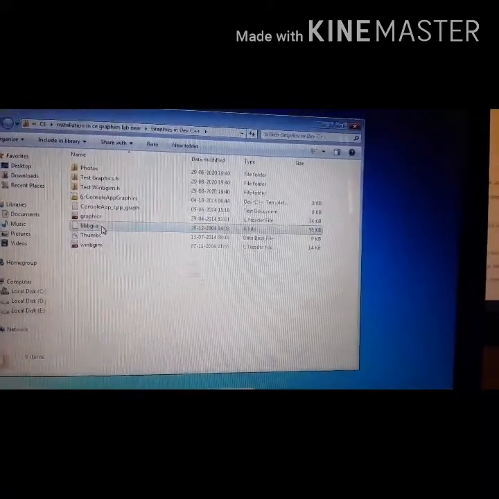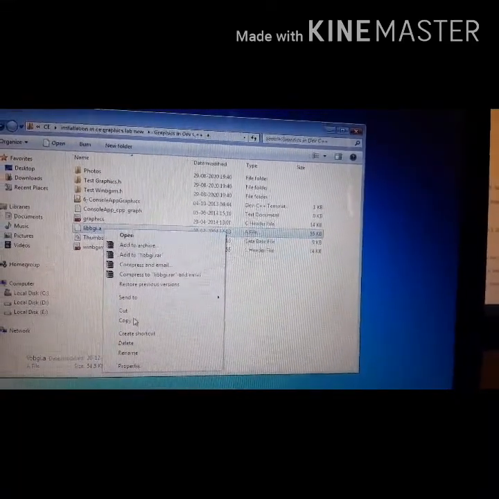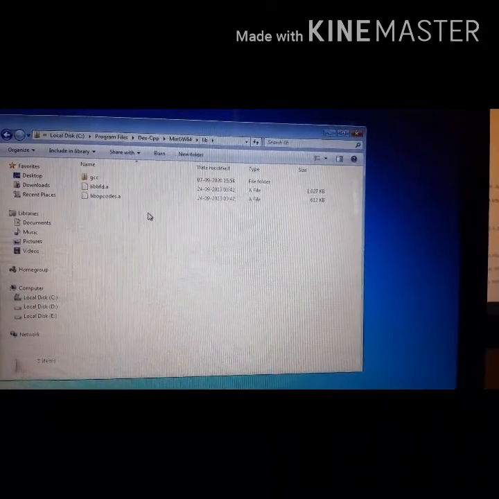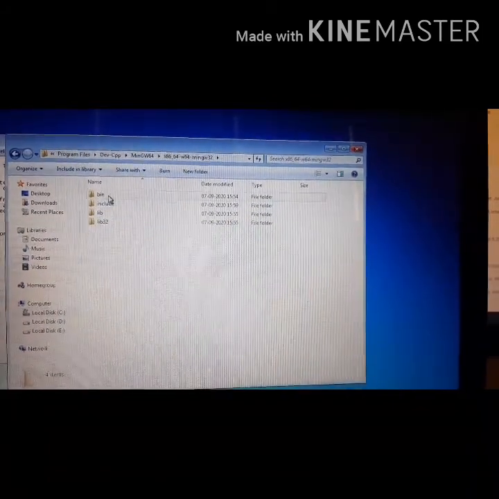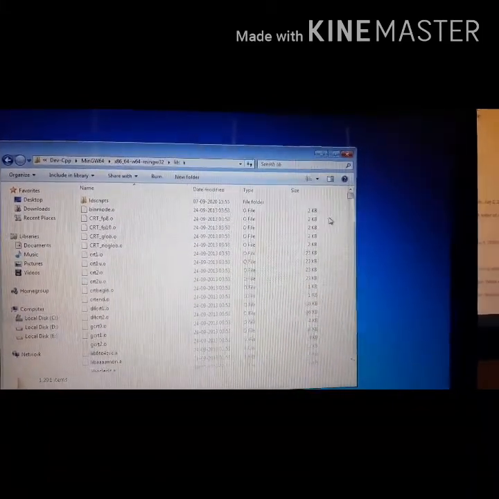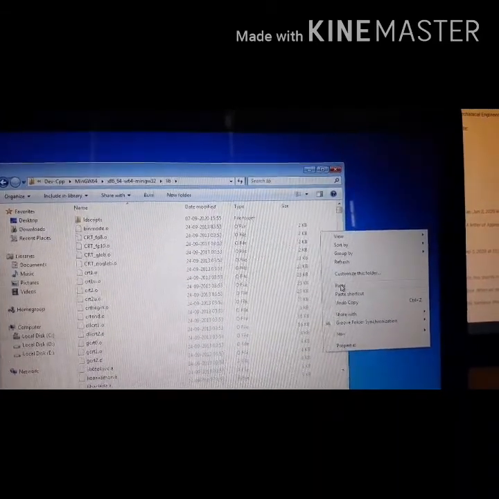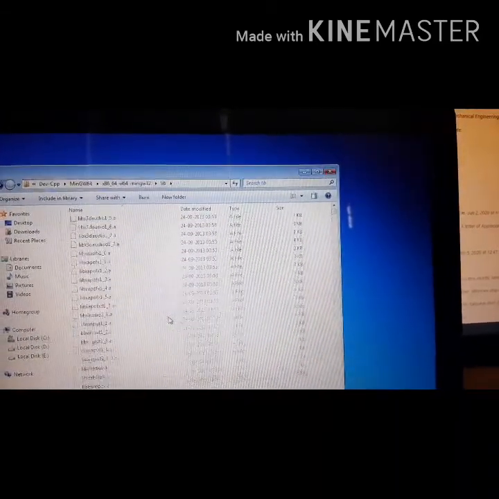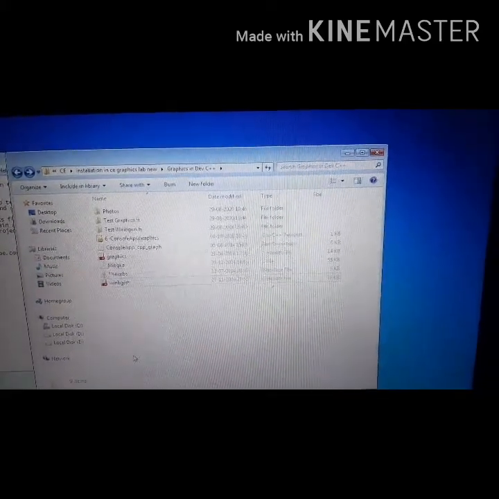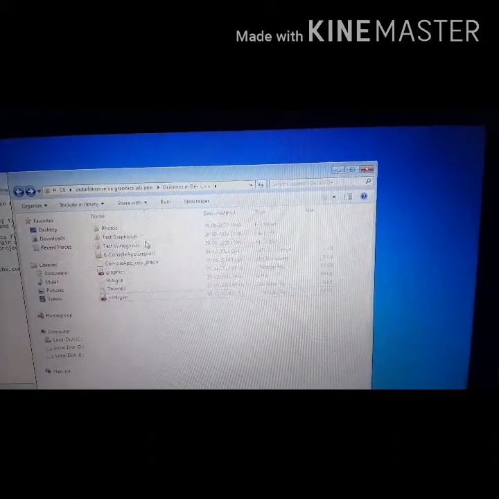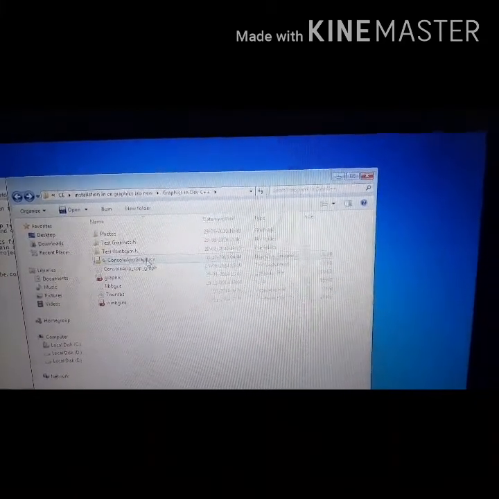Okay, now the libbgi file, in the same way I will copy this. I will go to the C drive, program files, then Dev-Cpp, then this one, and then in the lib folder I will paste this one. Continue, fine, okay. And now we will copy the 6 console app graphics, this file and this file.